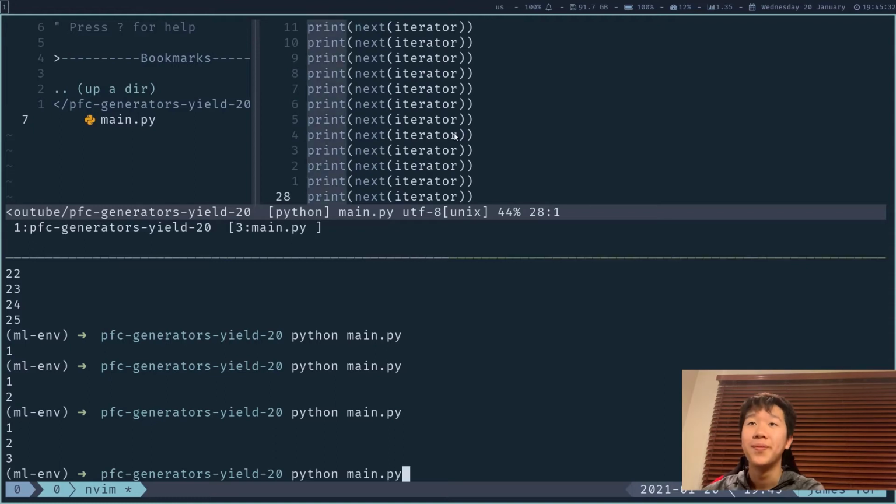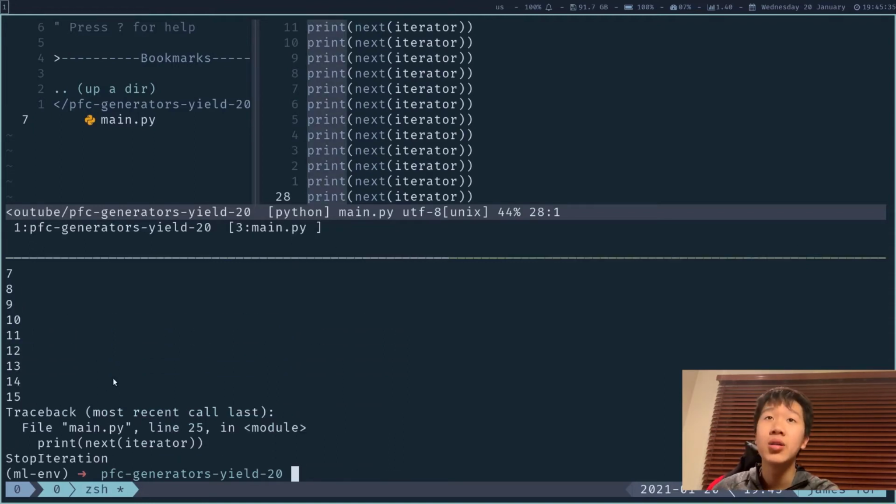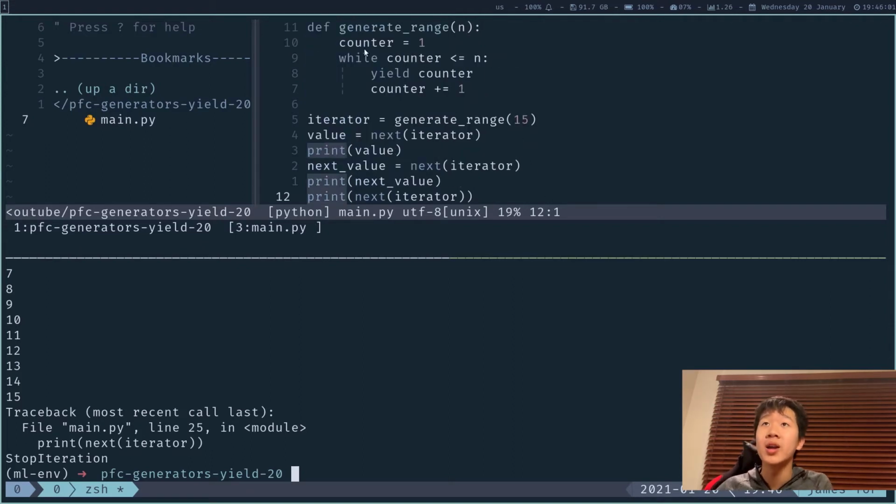Beautiful. Now python main.py, and you see it gets up till 15, but then I get this weird error that says StopIteration. StopIteration means that there are no more yield statements. I cannot give you any more values. The function is like, don't take anything away from me, I no longer have any yield statement. Everything's finished, and so it raises an error to tell the whole code,